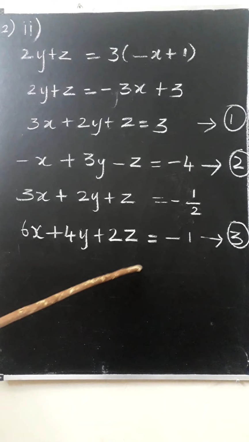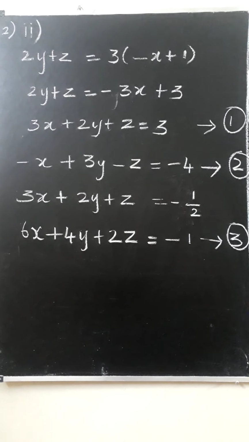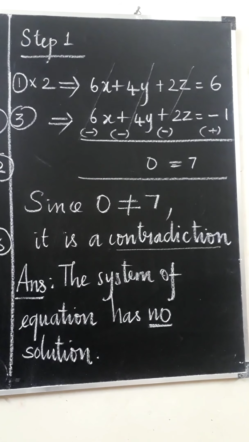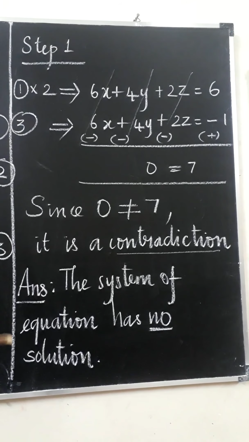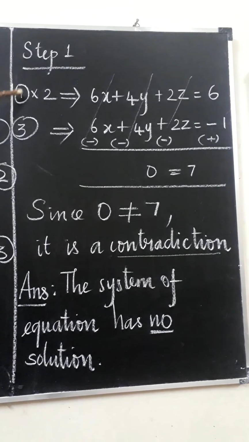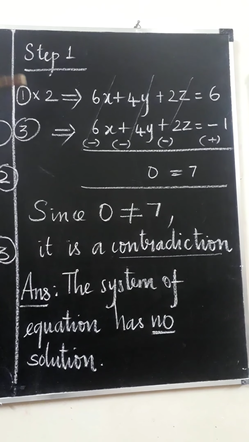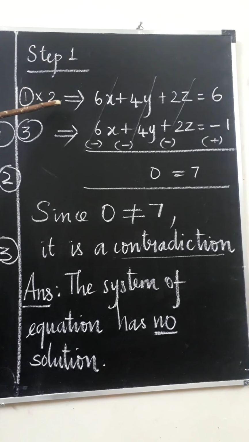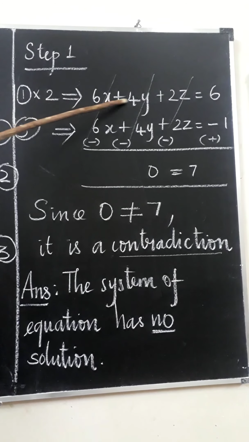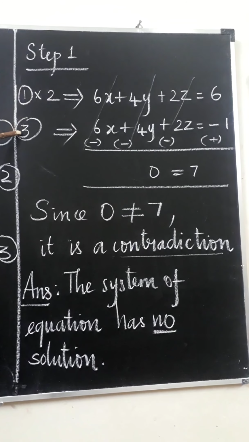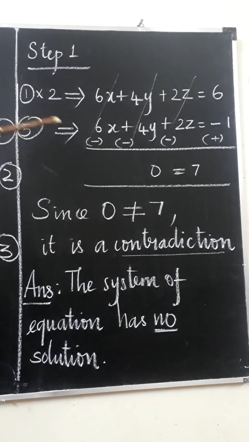Now to find the nature of the solution, we will take the first and third equations. You may think why I do not go with first and second, why I selected first and third. In the first and third equations, if you multiply the first equation by 2, all the terms will come with the same coefficients. So take the first and third equations. Some sums will come like that.